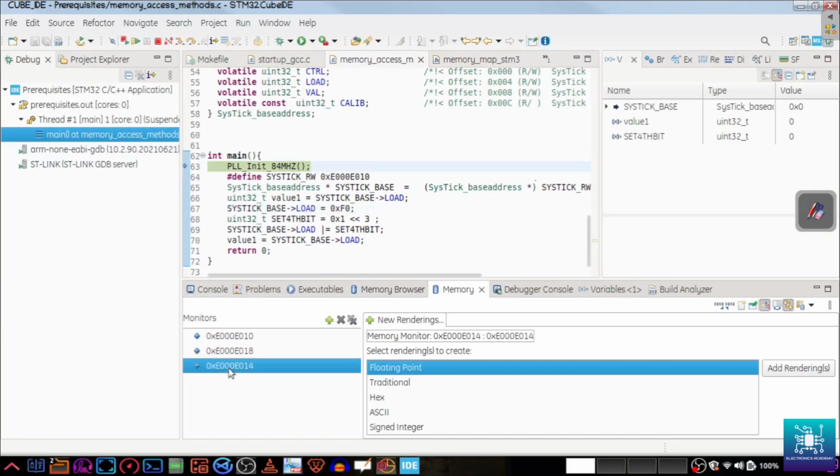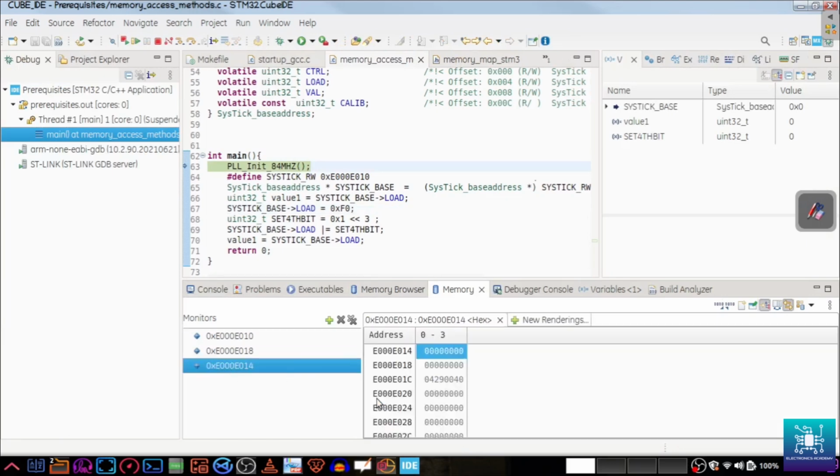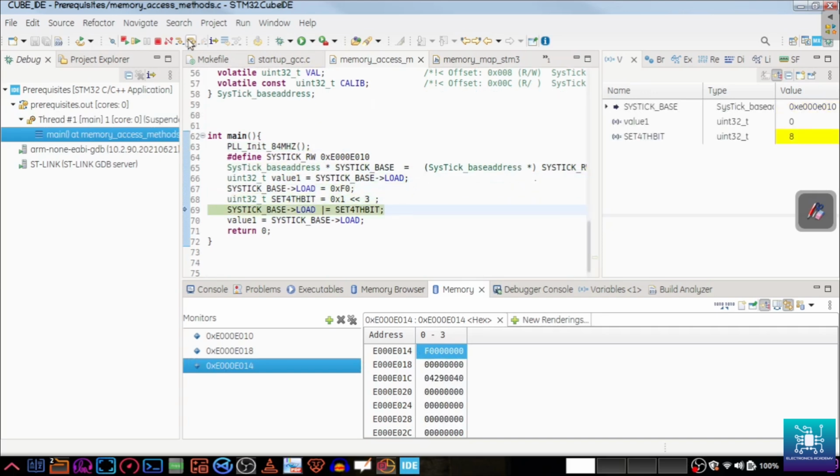Let's view the memory. Let's do a hex view. So all the values are zeros. Let's step through. So value 1 is 0 first, then set 4 bit becomes 8, and then